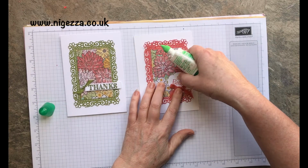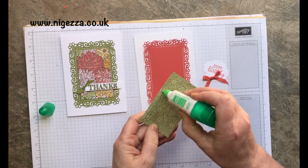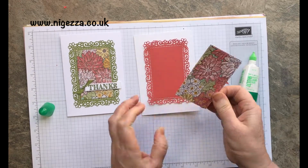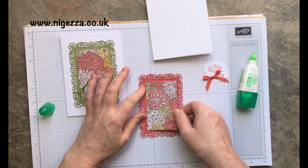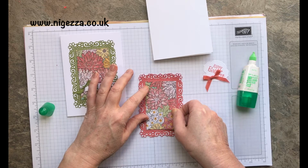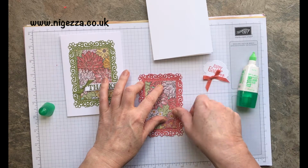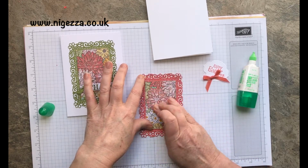Yes. So I'm quite liking that. I'm glad I decided to go with the change of colour. I think it looks nice, and it's nice to actually show the difference. This one will be going out as a customer thank you for those that shopped with me in April. Had to think about where we were then. Going out a little bit later because all our orders are slightly delayed,